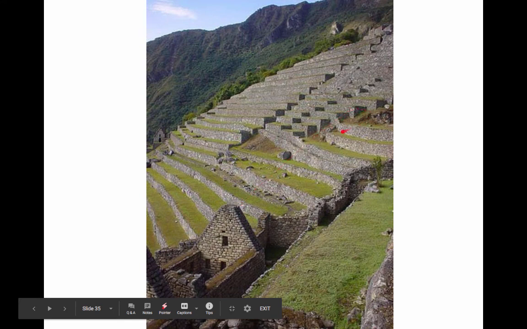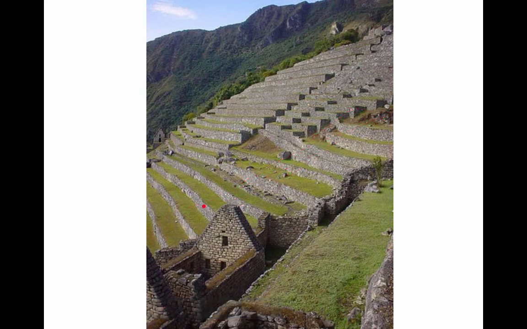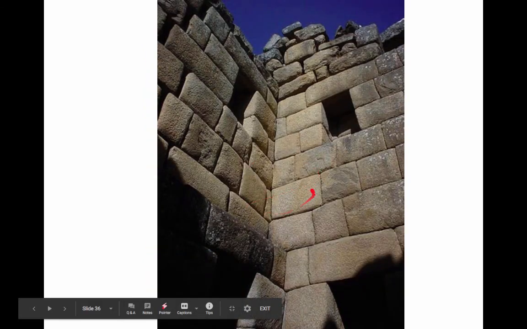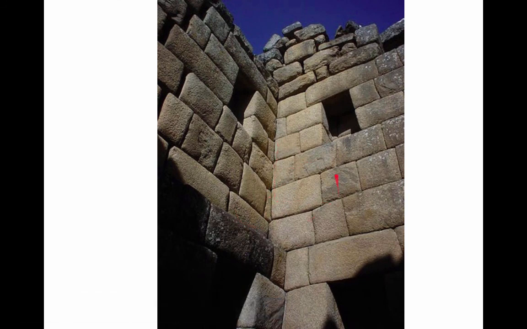And these are some of the terraces, the terrace farms, because in order to farm in the Andes Mountains, you had to build these. And then I also want to show you, like I said, an example of Inca architecture. When the Inca built their buildings, they never used mortar. They just perfectly fit their stone. But they did this all without super advanced metallurgy.